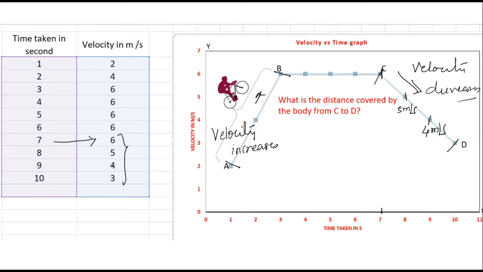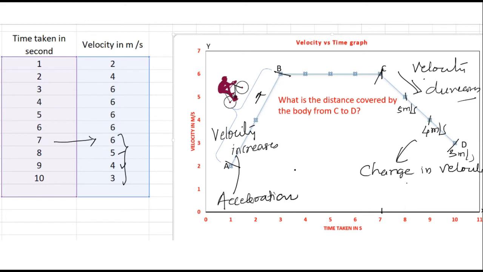Look at the chart here. And then it is 3 meter per second. So we have made a graph till here. Okay, it must have gone further then. Now here velocity decreases, but there is a change in velocity. Change in velocity. And I said, if there is a change in velocity, then there is an acceleration. So we have acceleration here. We have no acceleration here because no change in velocity. And we have again acceleration here.